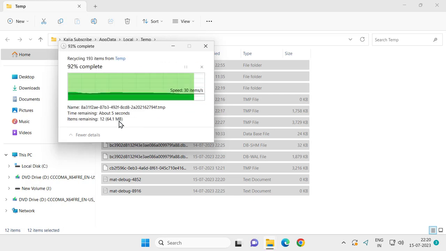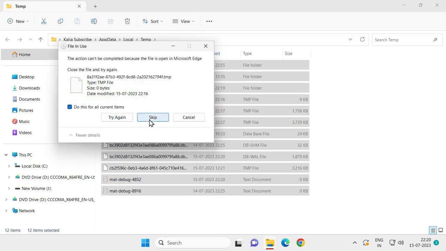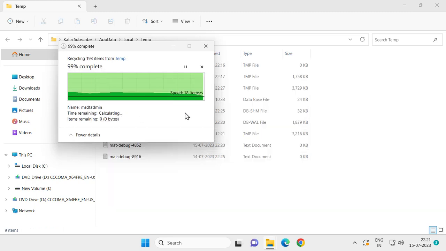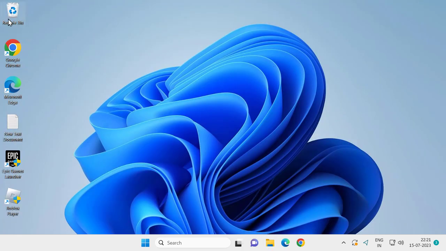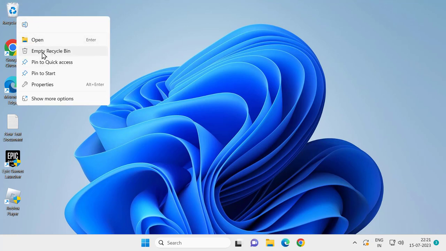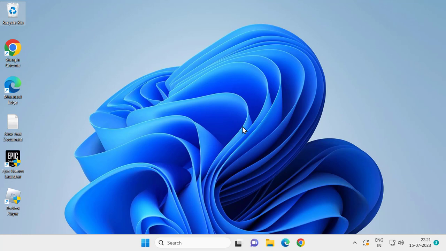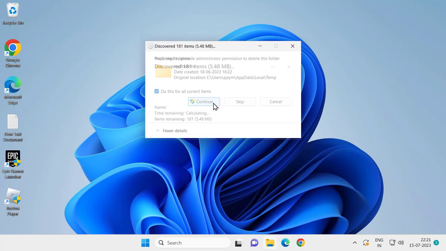After finishing this, click on try again. If anything is undeletable, click on skip and continue. After doing it, close out of here. Clear the recycle bin. Click on empty recycle bin, click on yes. After finishing this,